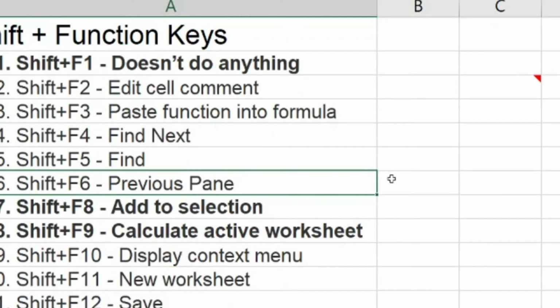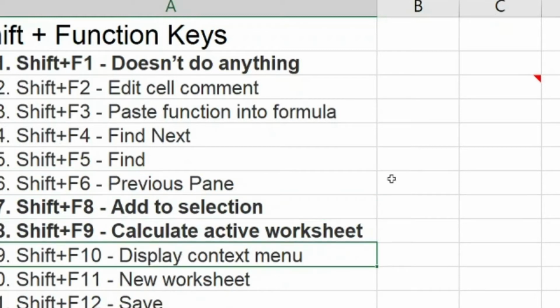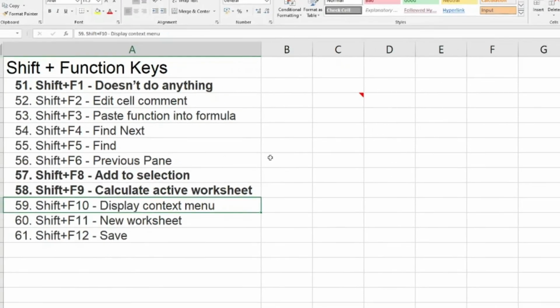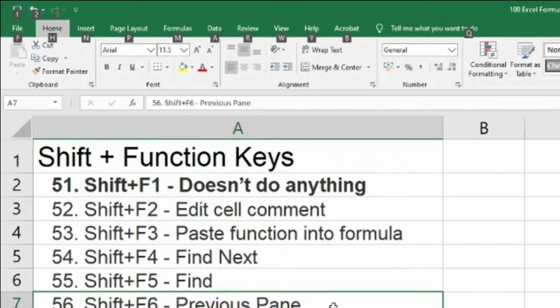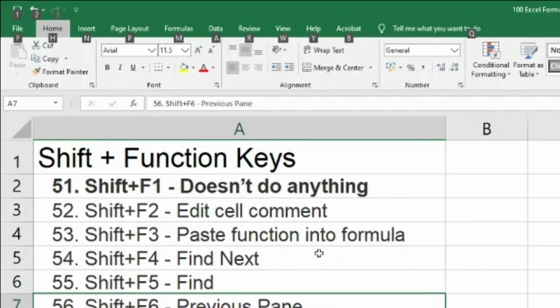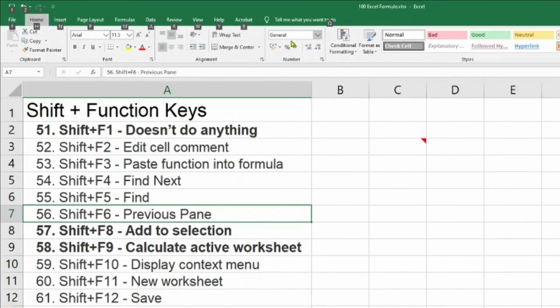So instead of that, if I just say shift and F4, it will keep doing the same thing without me going into that window. What it will find next is what you last typed in the find box. So F4, F5 done. Previous pane, shift and F6. As I mentioned in my earlier section what a pane is. So when I press shift and F6, I go to the previous pane, which is here, the commands pane.